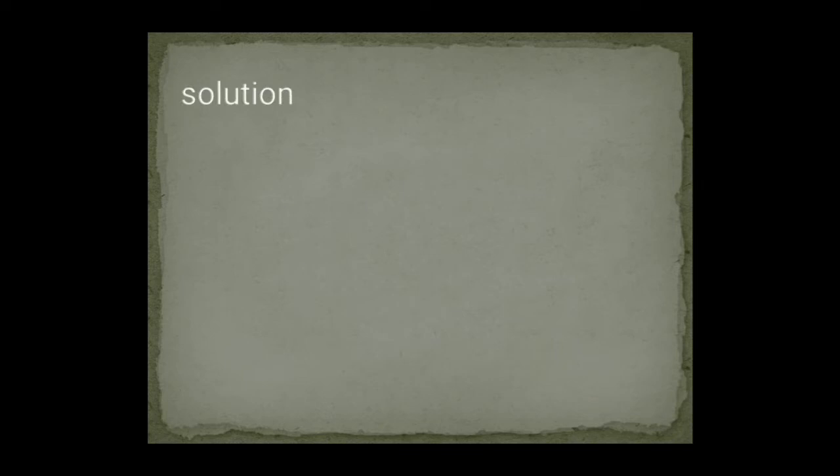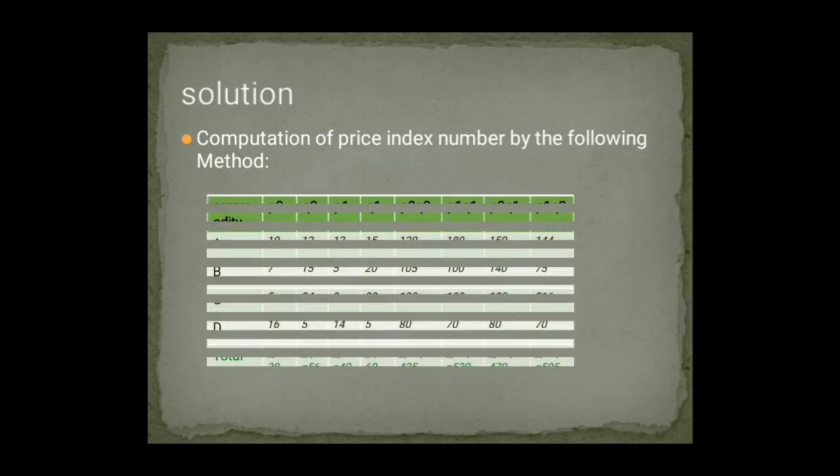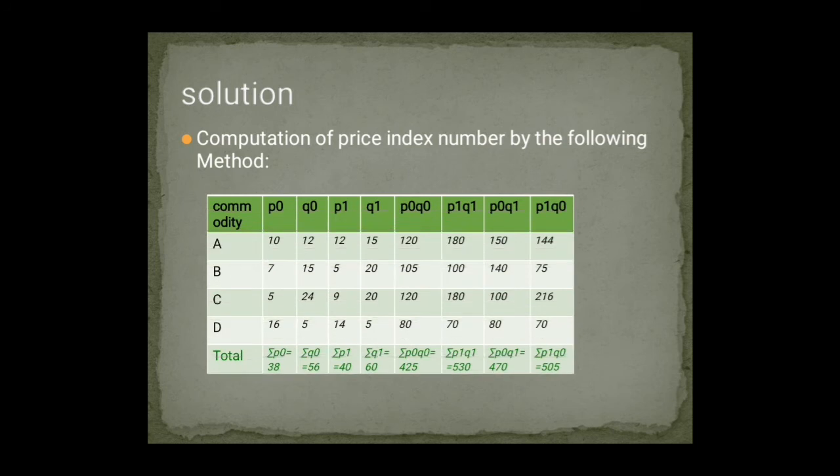So before calculating the methods, we have to draw the table which will help us while calculating the different methods using different formulas. So here we have 9 columns. The data of the starting 5 columns will be in the question, and the remaining 4 columns we have to multiply among those columns. So P0, Q0, P1, Q1, P0Q0, P1Q1, P0Q1, P1Q0.